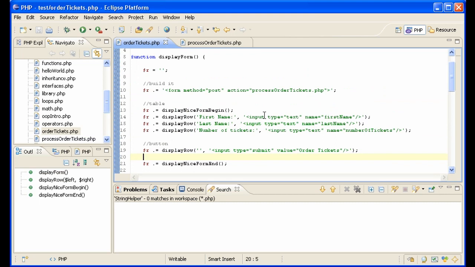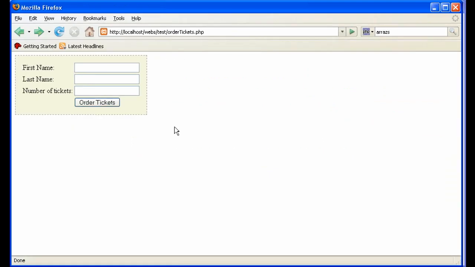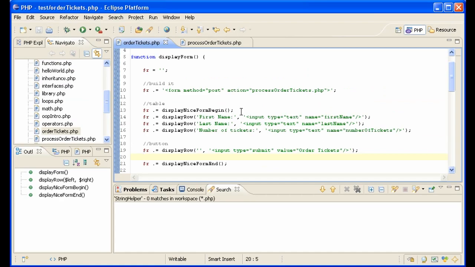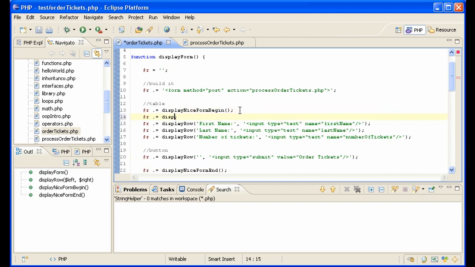So where are we going to do something with it? Let's put it at the top of our form right here, so it looks very nice. So let's say display nice form begin. We'll put it right after that. Let's put this in another function again. It's a nice thing about functions. You can just keep making them and putting functionality in little capsules and keeps your code nice and tidy and